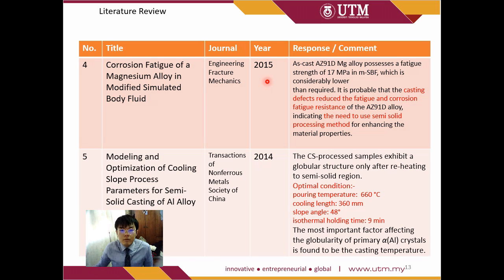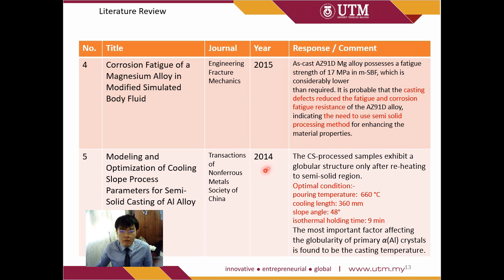The paper from 2015 shows that the AZ91D magnesium alloy possesses a fatigue strength of 17 megapascal in modified simulated body fluid, which is considerably lower than required. This might be due to casting defects and indicates the need to use a semi-solid processing method to enhance the material